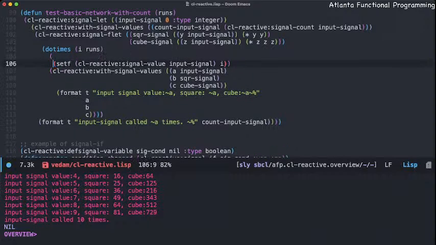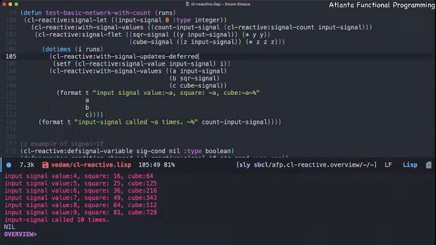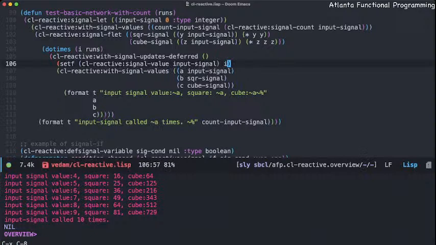Go and do cl-reactive with signals update deferred. Ultimately, let's go ahead and slurp the next guy. So now everything here is with signals update deferred. And count input signals may not actually get the actual triggered signal. All right. So when you run this,